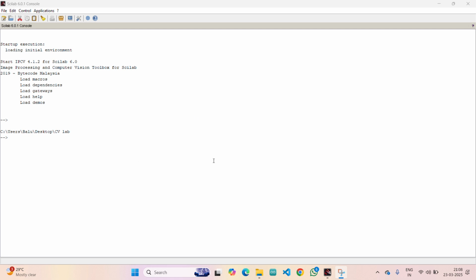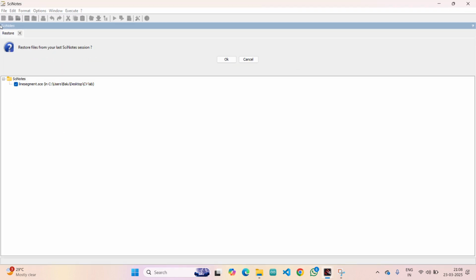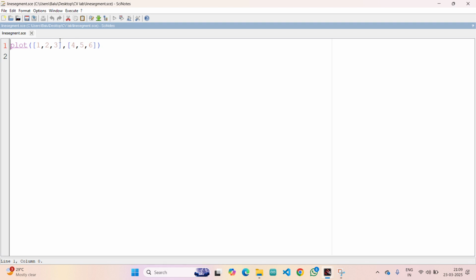Hello everyone, in this lecture we are going to see the plotting of parabolas. Firstly, I have set my current working directory and I am going to launch Synops. Now I am going to work in a new file. Initially, while performing image operations, it is better to clear the console first because we may run the program many